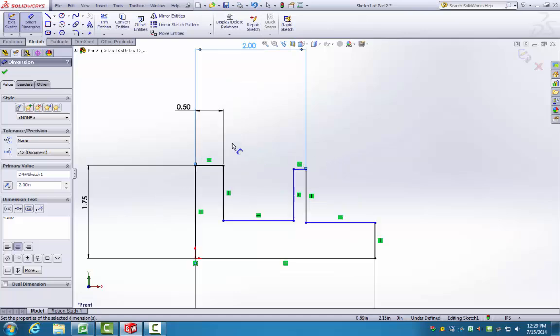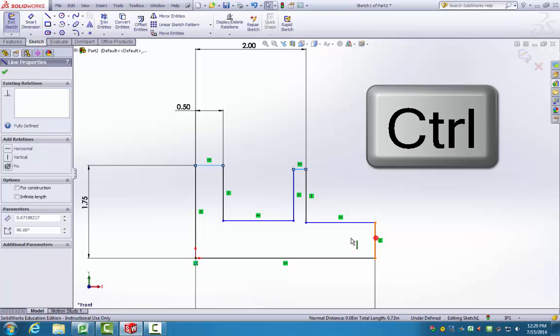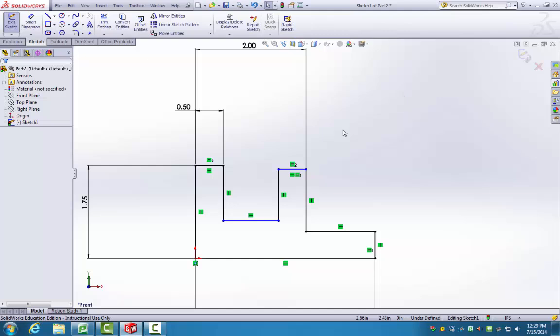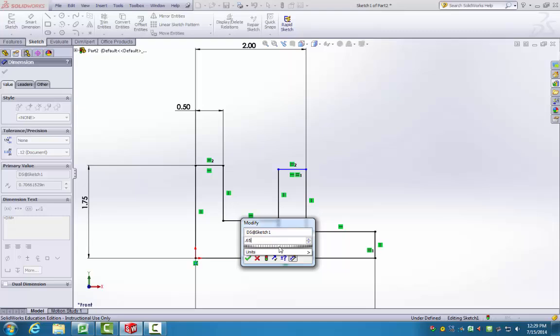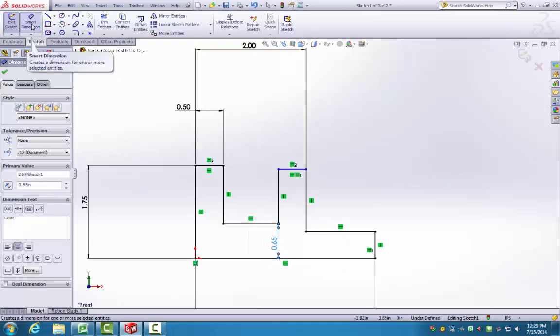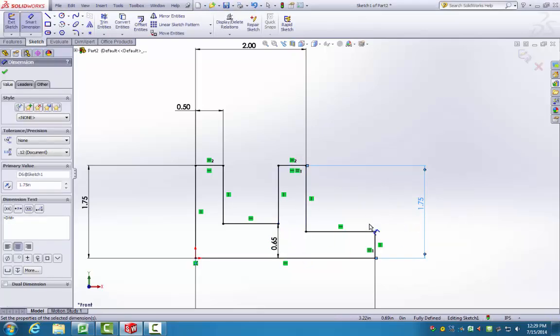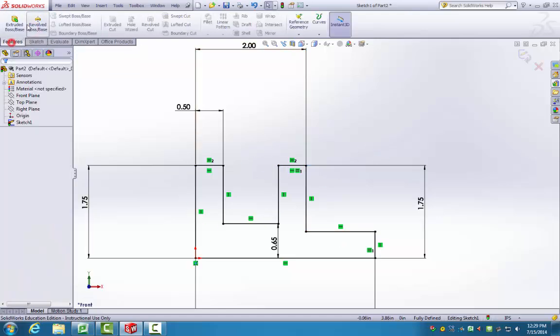Additionally, I noticed that 0.5 is a dimension used a lot, and rather than having multiple dimensions, I'm just going to choose to use the equality relation. Again, I held Control, selecting all three, and I'm going to select equal. And now only a couple more relations to go. Alright, and there you have it. We have a fully defined sketch, which we will now extrude